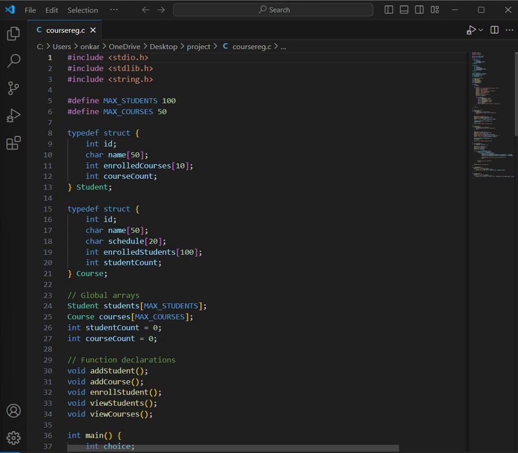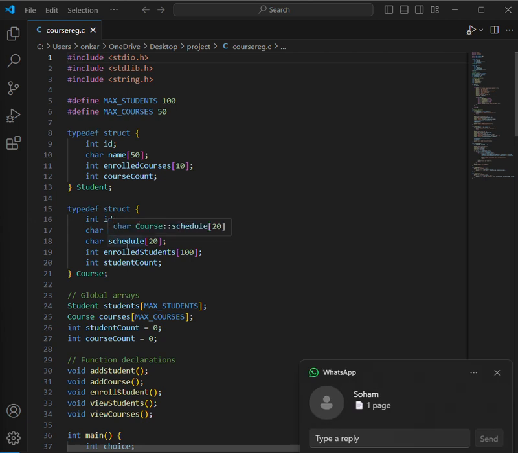The header file stdio.h is for the standard input output operations. The header file stdlib.h is for functions like exit. The next header file is string.h, which is for handling strings. And the next